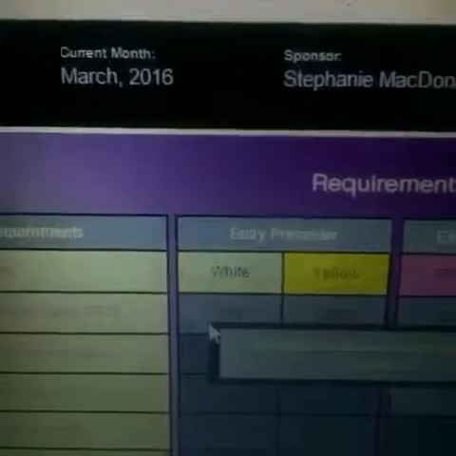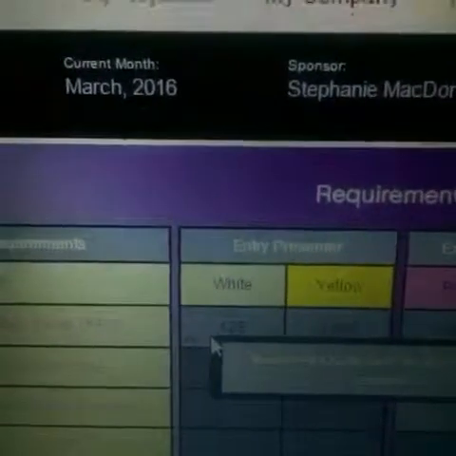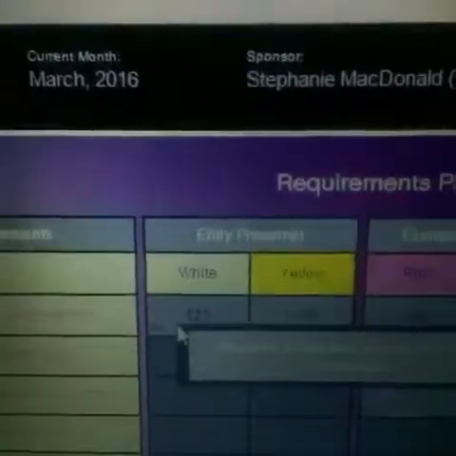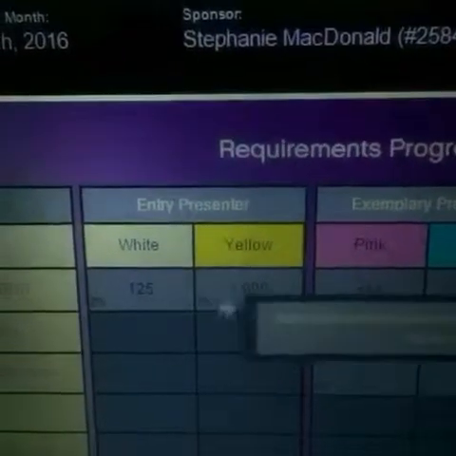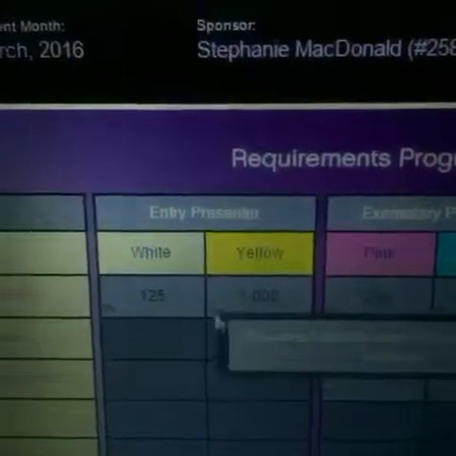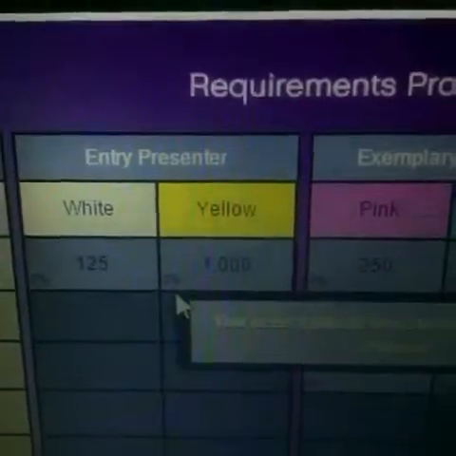And it's on a rolling calendar, so you have 3 months, starting from the date you start till your 3 months is up, to sell 125, and then it starts over. So then yellow status is 1,000. Once you hit 1,000 PRS, and that's over the course of your lifetime, so whether it takes you a week, a month, a year, doesn't matter. Once you hit yellow,